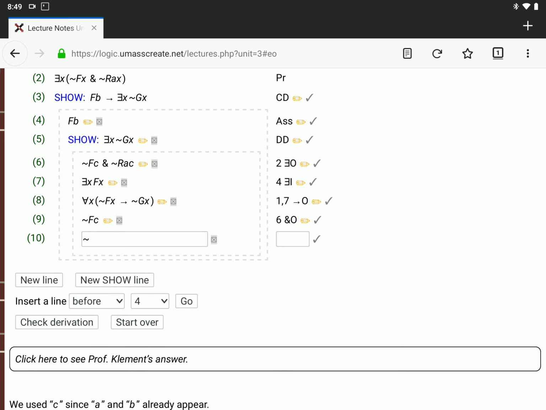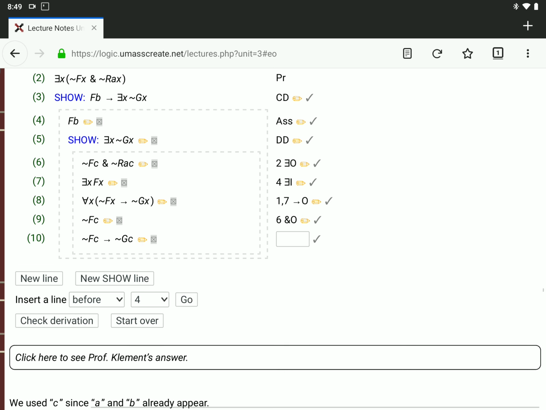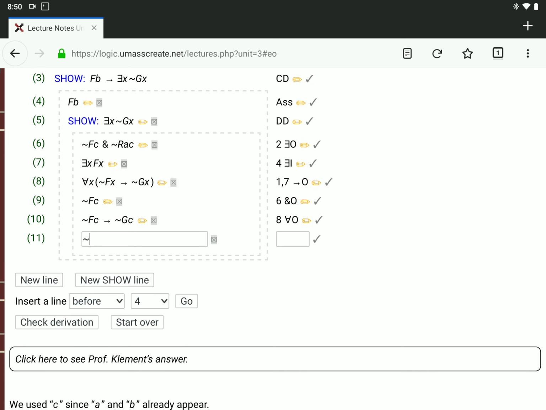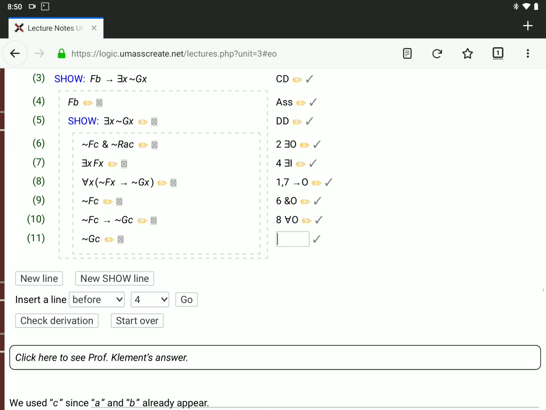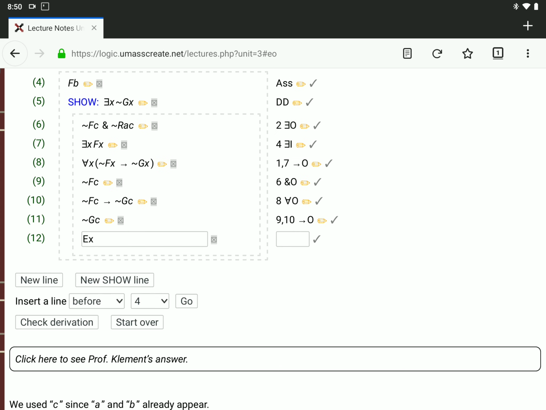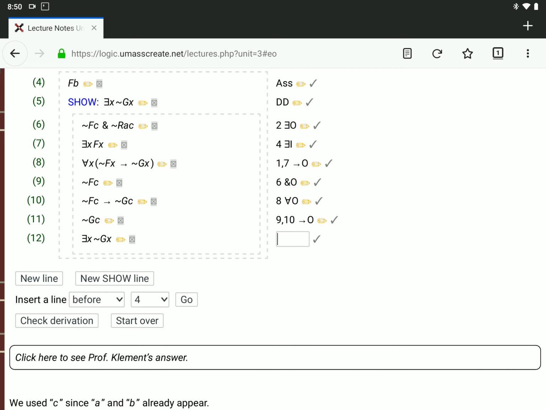So universal out, you can use a name you're already using. So I'm going to use C. So I have not fc. That's going to give me something I can use. Now I can do modus ponens on 9 and 10. Get not gc. Then I have that something is not g because c is not g. So I get there is an x, not gx. That's existential in